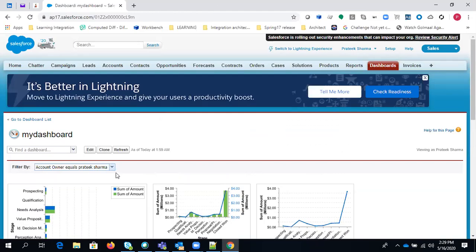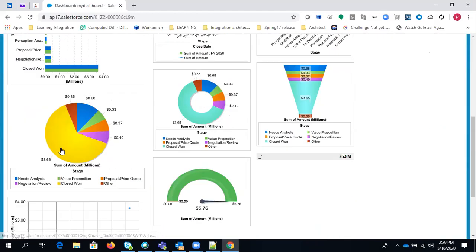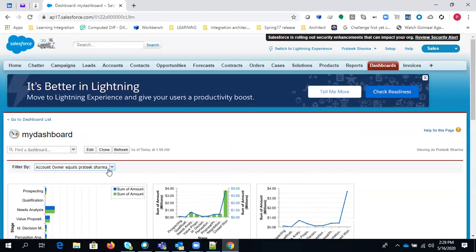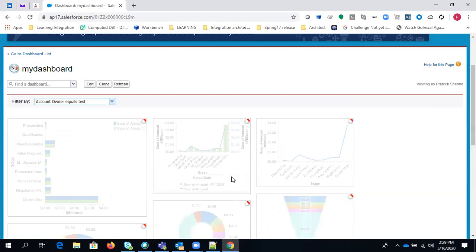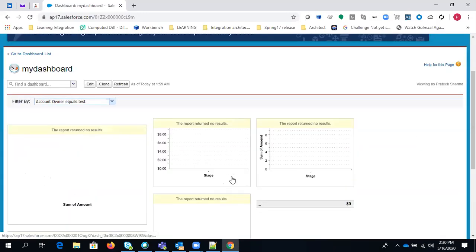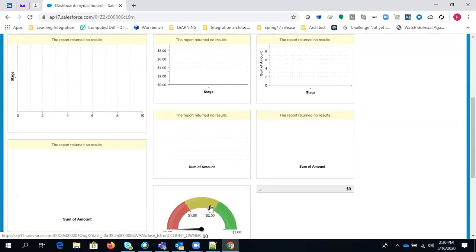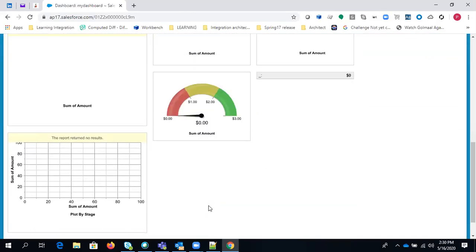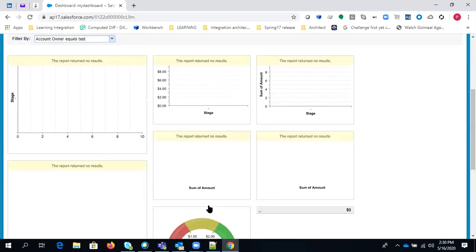Yes, so you can see it has displayed the data in which I am the owner. We don't have any test user or any such owner. So let's select test to see if we have any record in which test is the owner. Otherwise, it will give you a blank dashboard. We have no data with test as the owner, so it is giving you a blank dashboard.